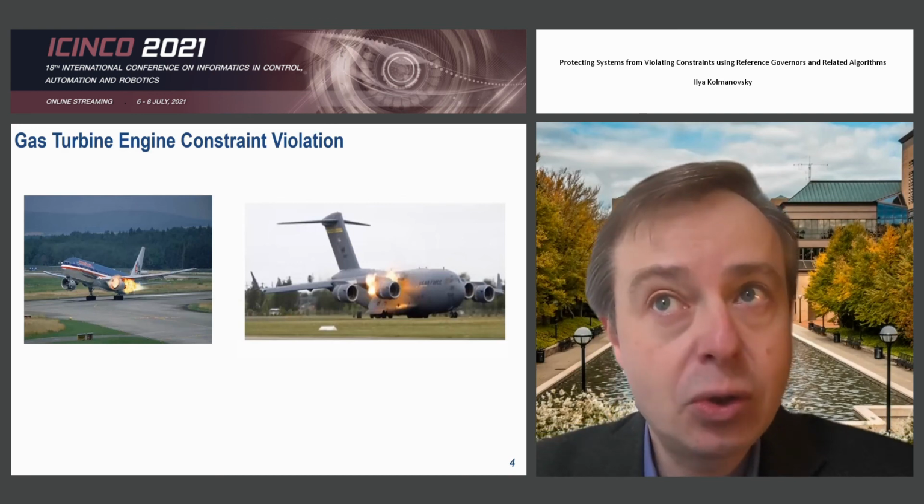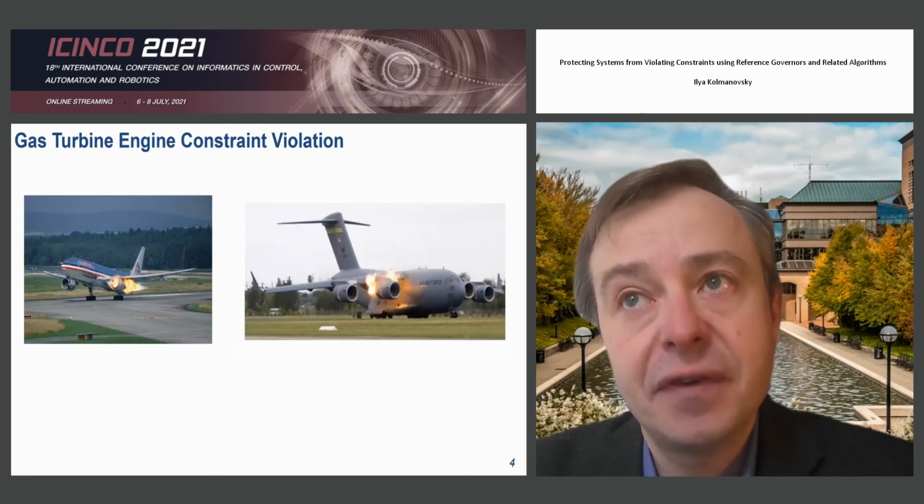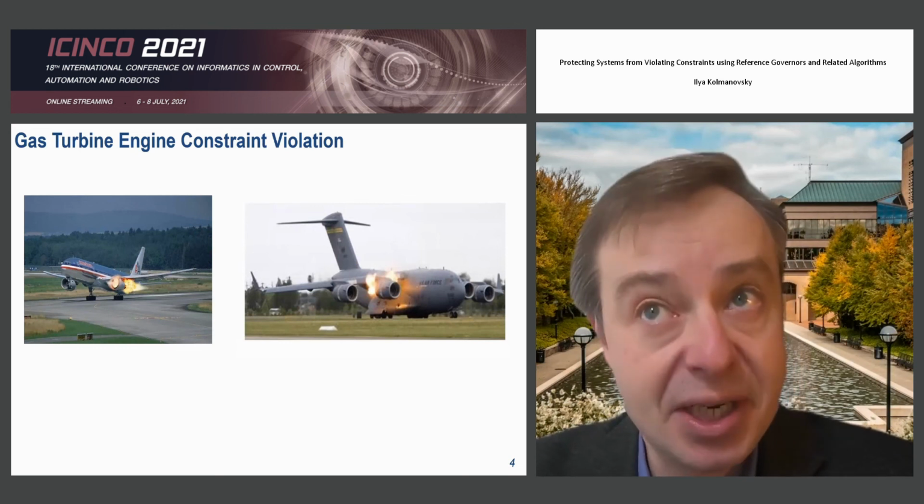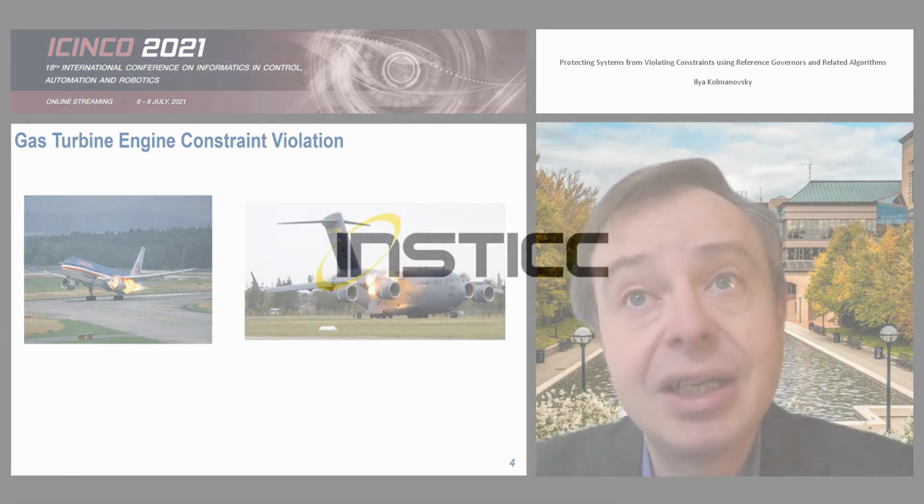These photos show negative consequences of aircraft gas turbine engine surge, that is, violation of compressor surge margin constraints. You can clearly see flames coming out of the engine, which is obviously undesirable and can